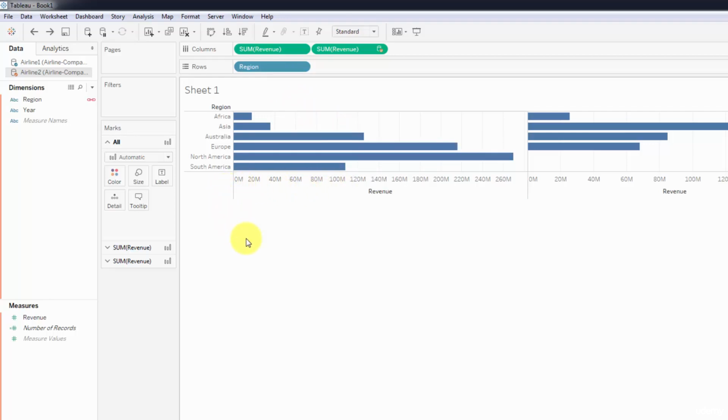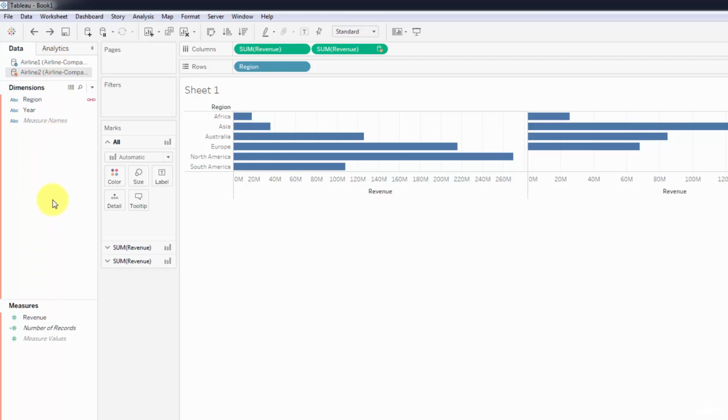Well, Tableau knows that it needs to blend the data, meaning that it needs to join the two data sources. And how does it do it? It goes through the region variable here, and that's shown using this link. So it's basically telling us that Tableau has performed a left join between the data sets airline number 1 and airline number 2 on the field which is called region. So it's kind of a join on the fly. So that's great, and the way region was picked up is because the name is the same. So region here is the same as region here, and that's how Tableau understood that it needs to join on